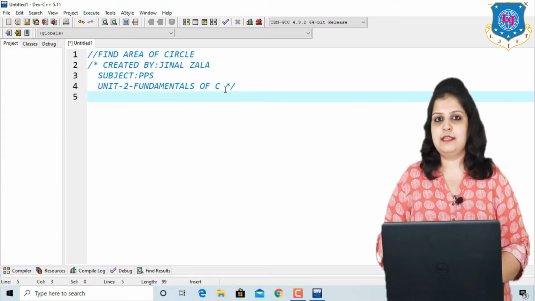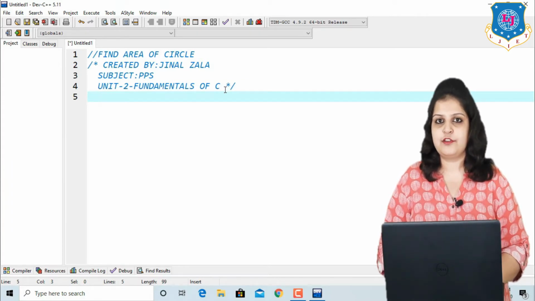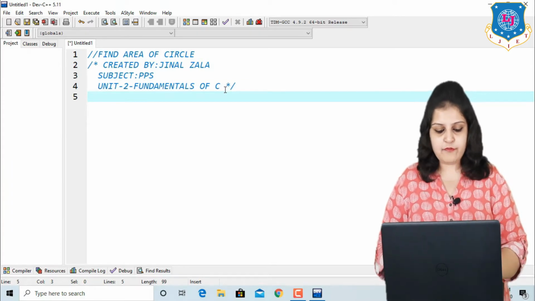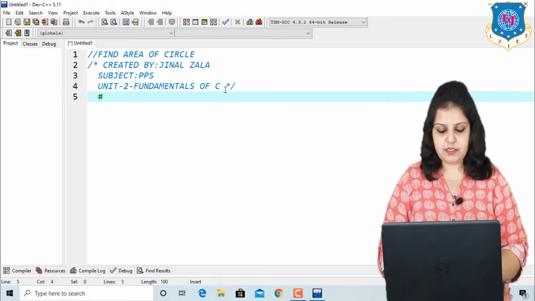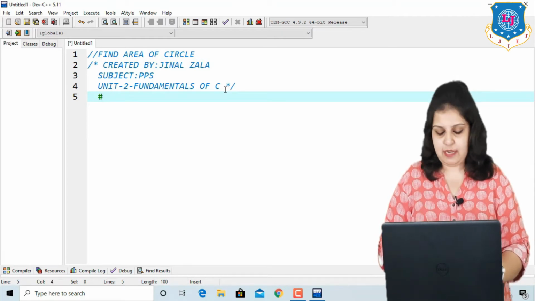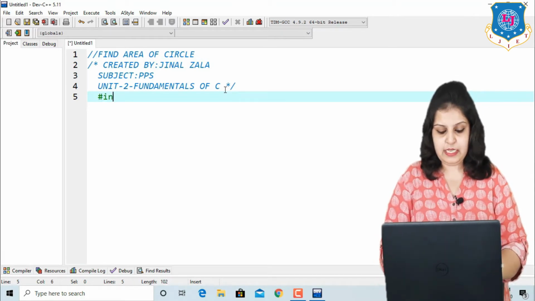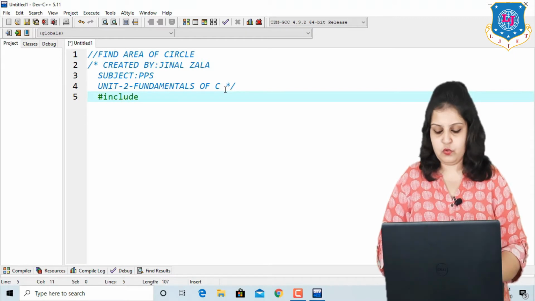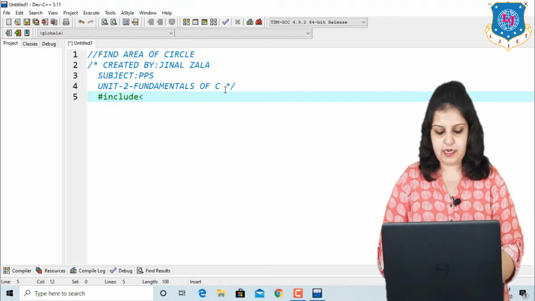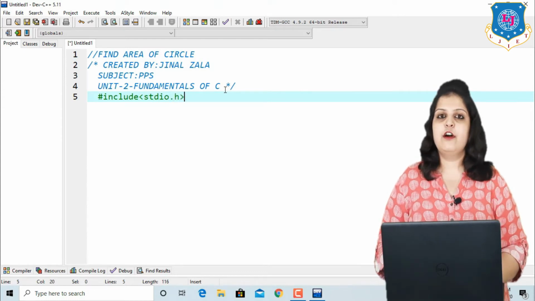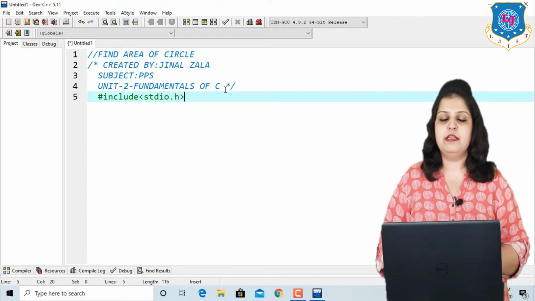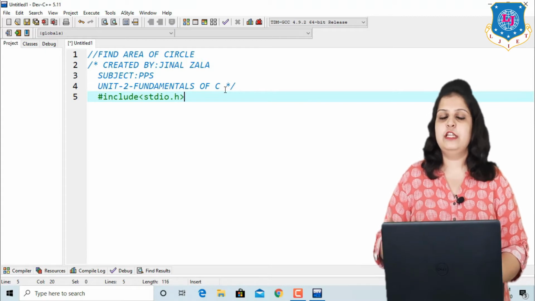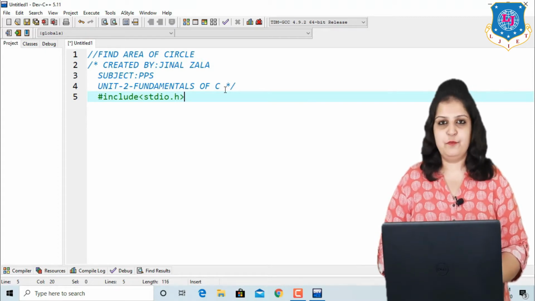Now move to the next section, that is the link section, and how can we write it? So hash include, and remember it is a case sensitive language, so we have to write in small letters hash include, then in brackets include our library, that is stdio.h, and this is a primary library because we are going to use different input and output functions.